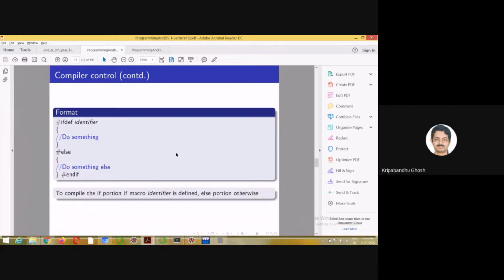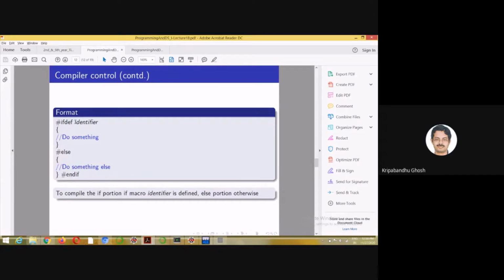Somewhere it is there, because when you write #include something, everything you have included becomes a part of the code to be compiled. So when you include something, it is a part of the entire code. So printf and everything is already a part of this code, although you have not written them, since you have included them.